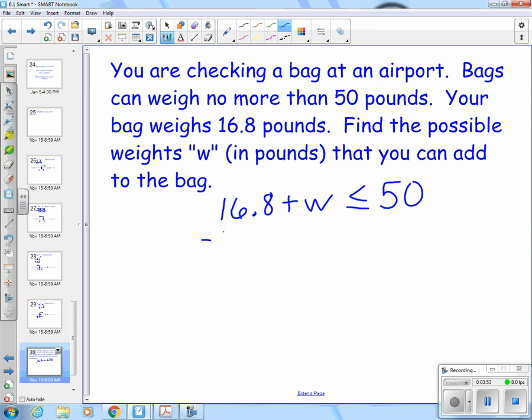So then we will subtract our 16.8 on both sides, and we'll find out that W is less than or equal to, let's see if I can do the subtraction here. 9 minus 6 is 3, and 4 minus 1, 3. So 33.2, and then we have to tell it in pounds. So we have all weights less than or equal to 33.2